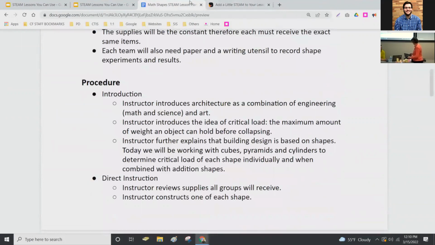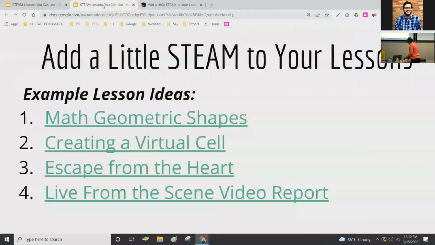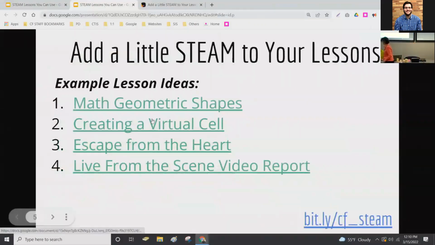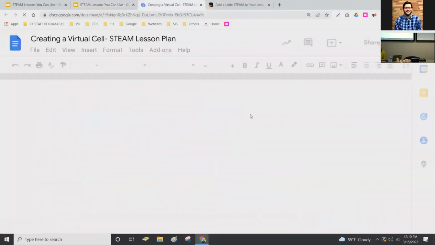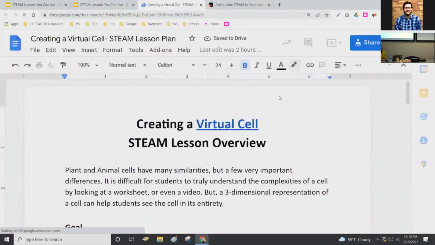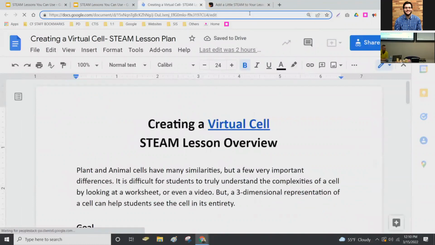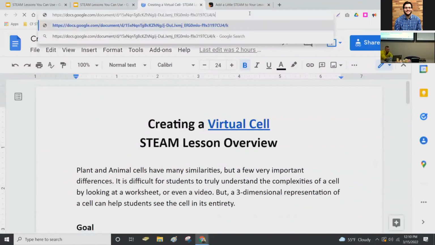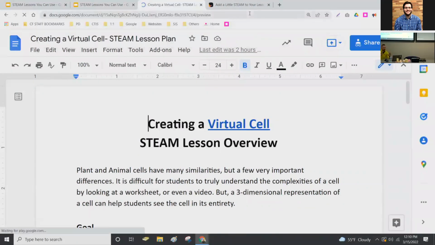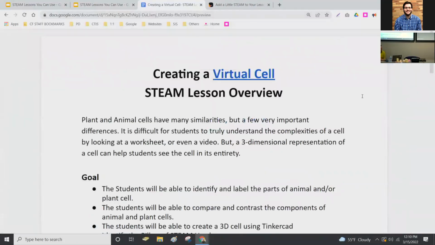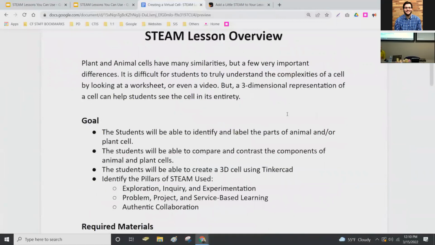All right. Okay. So again, in our idea of doing different subjects, different styles, I'm not a science teacher, so I took a science spin, creating a virtual cell. So the idea here was students with an assignment or with given parameters, they would look for the parts of an animal or plant cell. They have some similarities and some differences. This came out of a need because a science teacher wanted a little augmented reality cell that they could look at and move around.